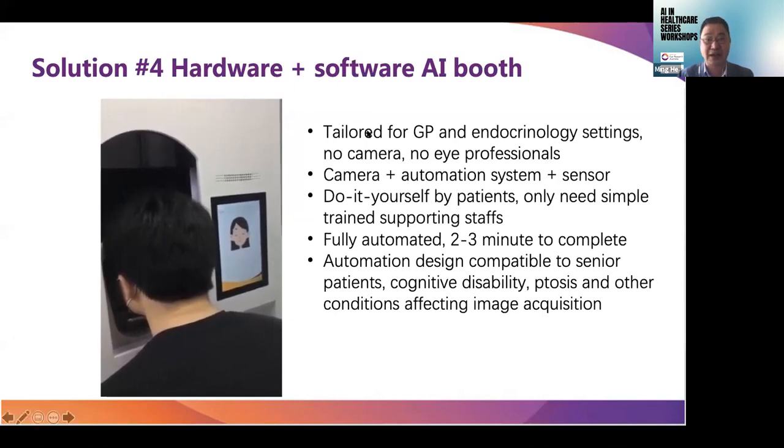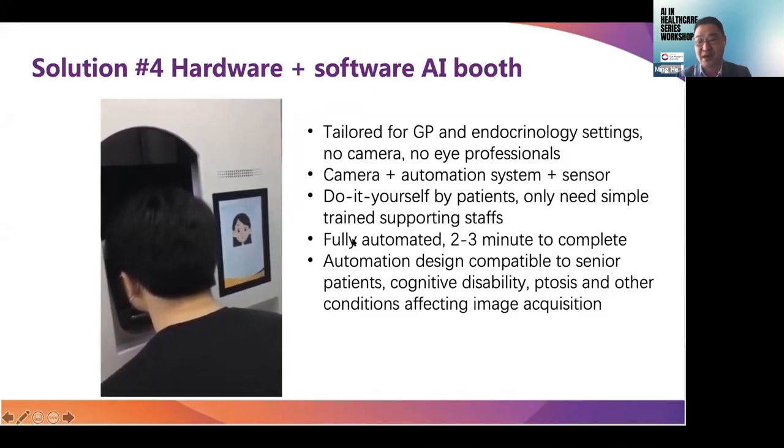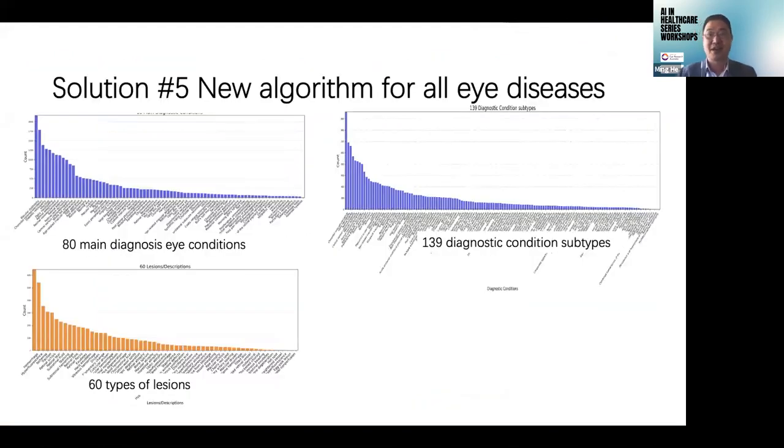And then we also connect this with a lot of special sensors put around it, so the whole system can be DIY, done by the patient, and completed in 1 minute without requiring specially trained technicians and clinicians. So then,